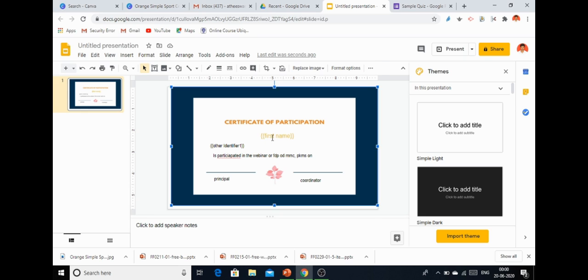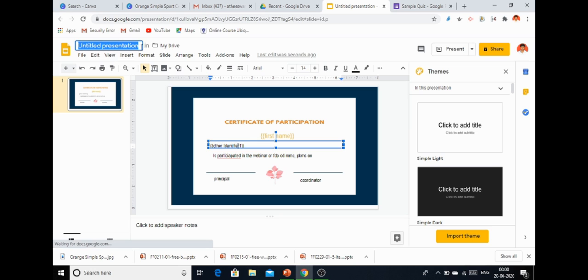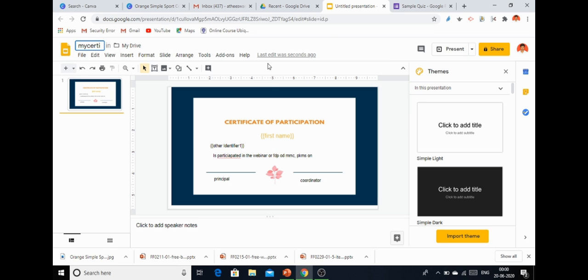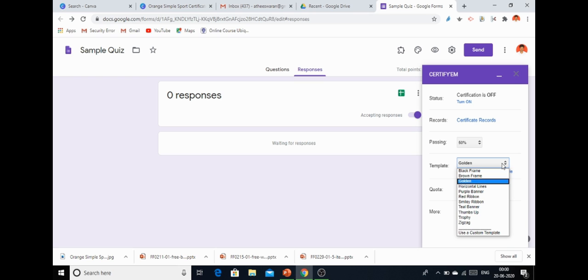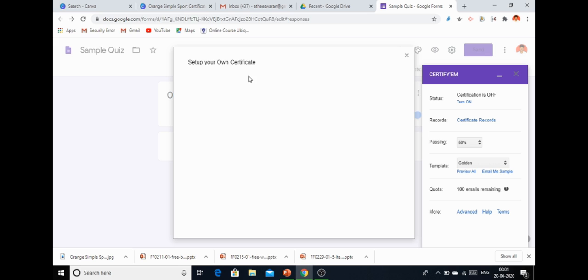So here the first name is the field, and here the other identifier is the field. It will merge from the certify_m. After making it, I am saving my certificate and closing it. Now, in certify_m, instead of selecting a template, use a custom template, and from that select the certificate.